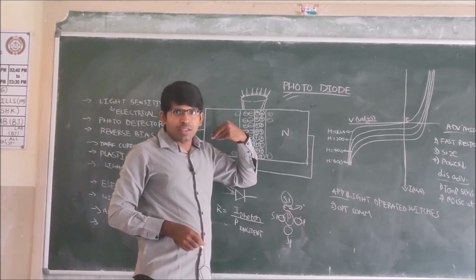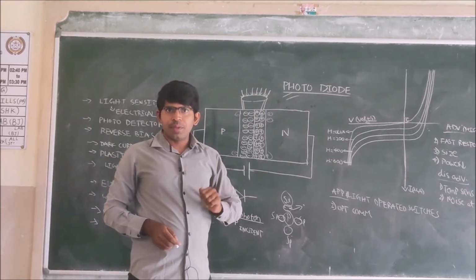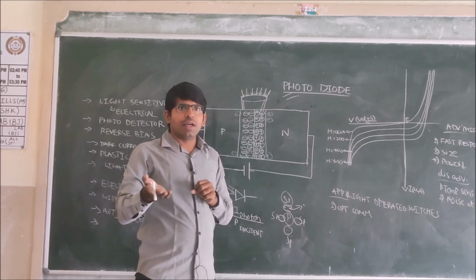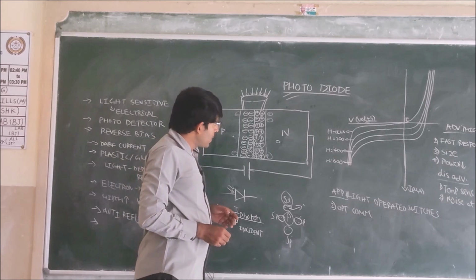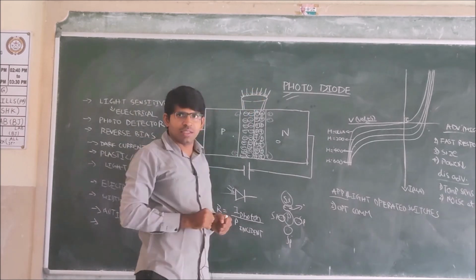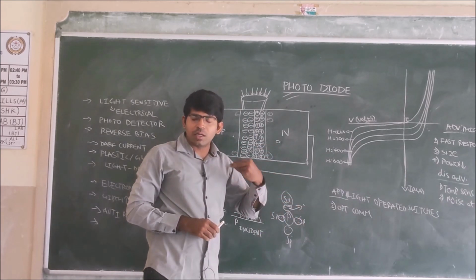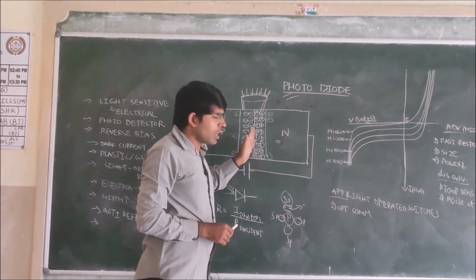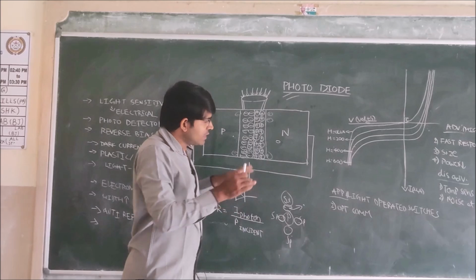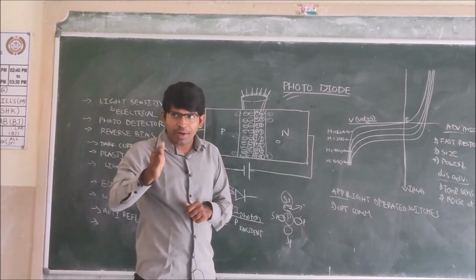With more incident light energy, there is a chance for more formation of electron and hole pairs. Similarly, if more light is incident on this lens, more covalent bonds break, more electrons come out, and more electron hole pairs are observed on both the P and N regions. These are constituting the current. This is what we call a photocurrent.